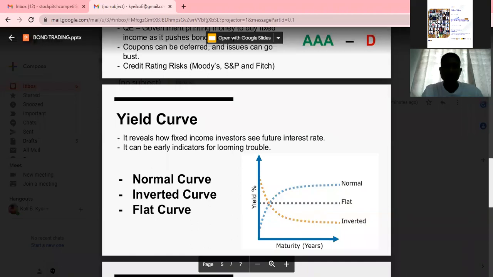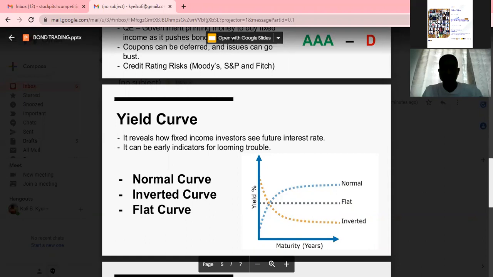Okay, so let's come to the yield curve. The yield curve, I'm sure a lot of people are abreast with it. What the yield curve does is that it reveals how fixed income investors see future interest rates, and it can be an early indicator of looming trouble. So let's just come down to the three listed curves that I have here: the normal curve, the inverted curve, and then the flat curve. Looking at what was stated at the top, that it reveals how fixed income investors see future interest rates,